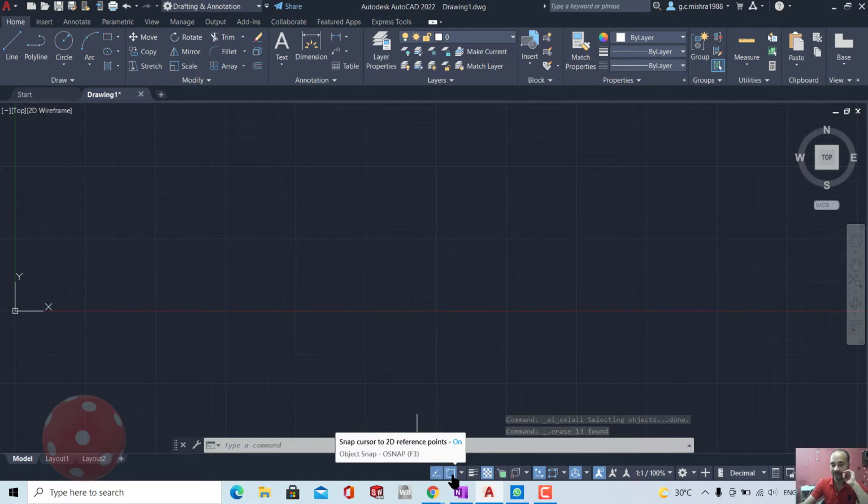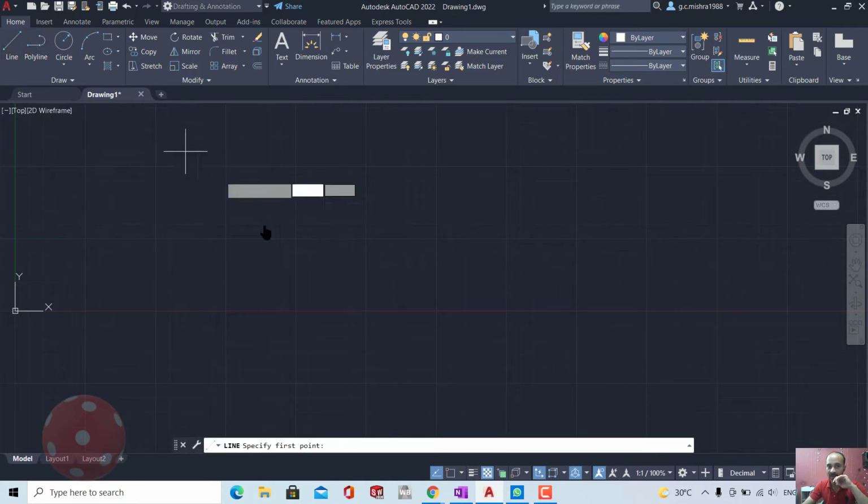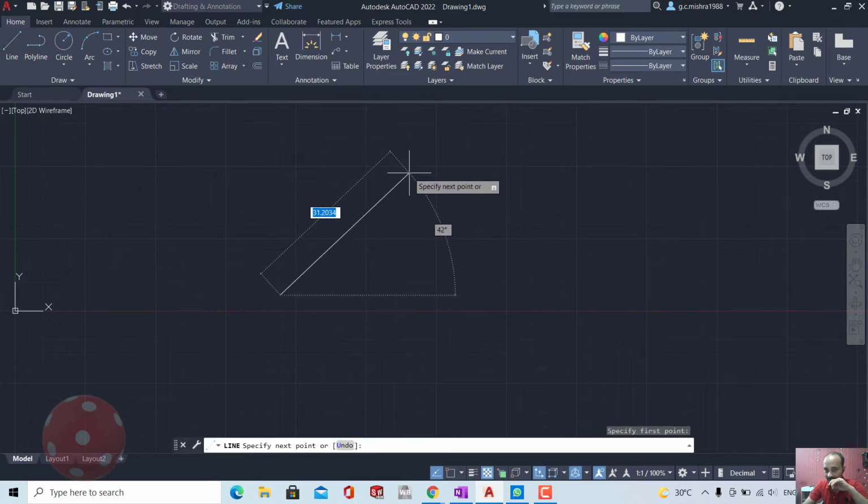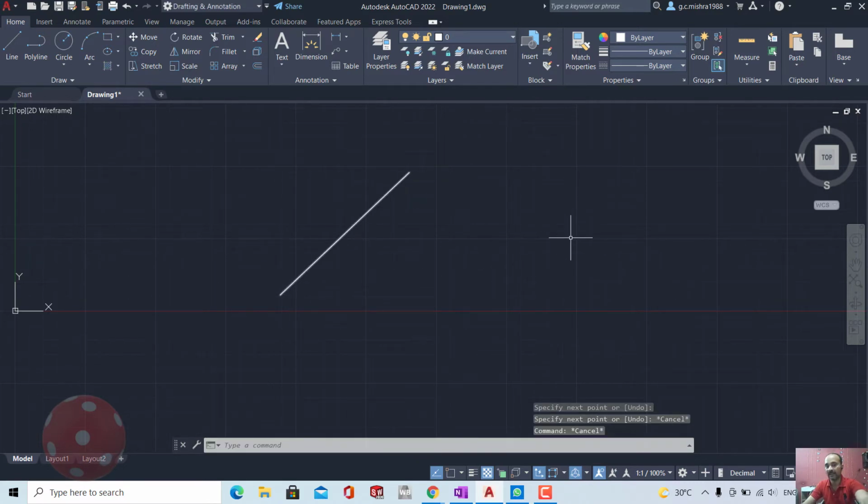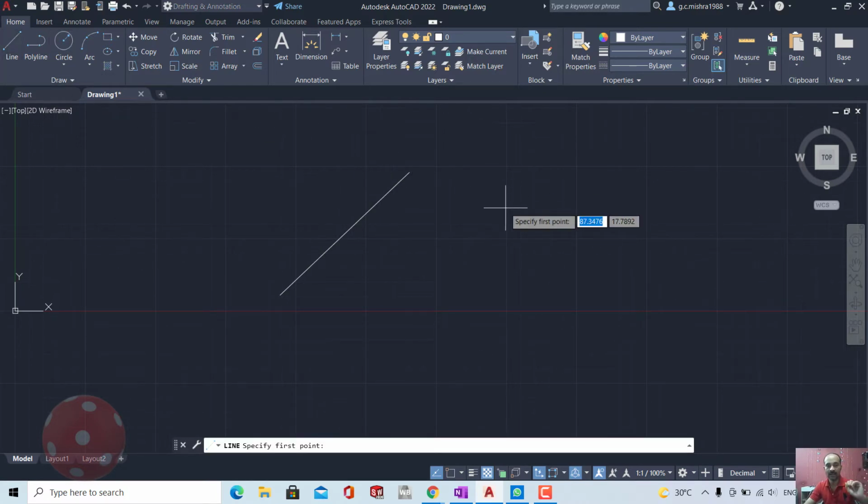With object snap off, I create a line here and press escape, so the line is created. Just two lines. If I attempt to create the second line from the end point of the first, I want to join this second line with this end.